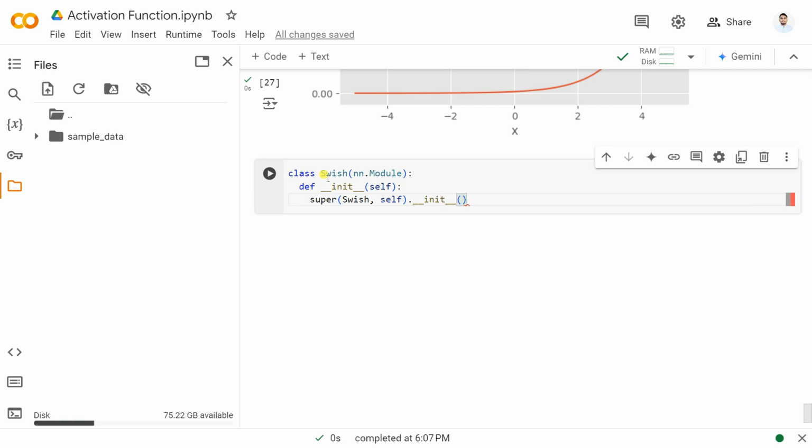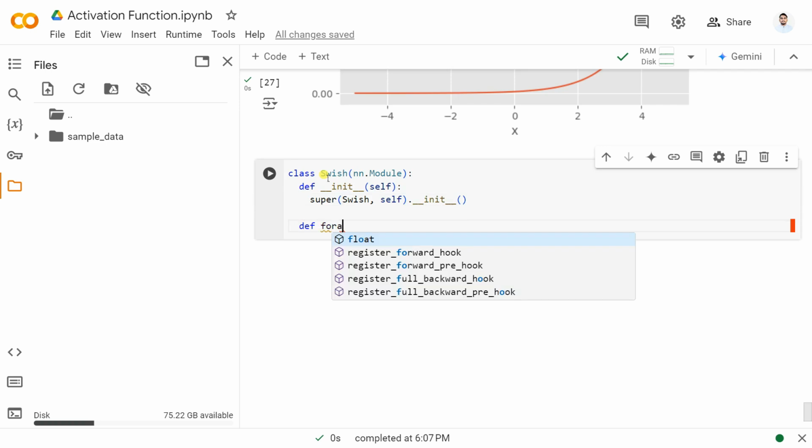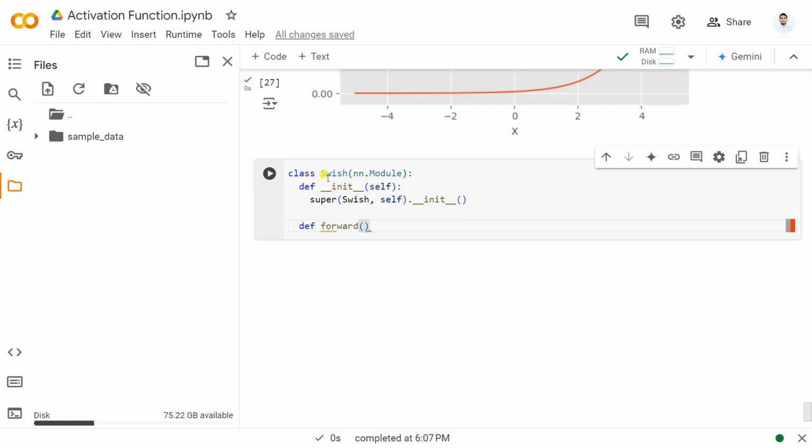That's it. Okay. So I don't have any initialization, so you can directly go to the forward pass. Let's say def forward, and you can pass here the self and the x itself. So it is nothing but taking the sigmoid of x. So you need to create here the sigmoid activation function first. So you can calculate it like x_sigmoid equal to 1 divided by 1 plus exponential of minus